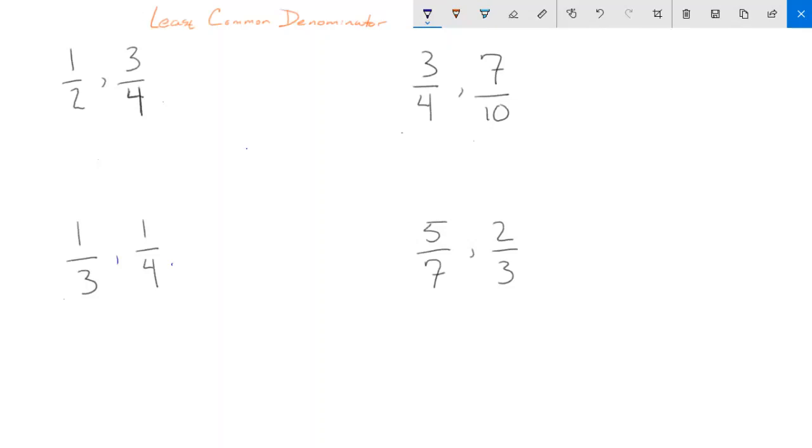Today we're going to be talking about finding the least common denominator between two fractions. What that means is when we have two fractions, they both have a denominator, right? Just as you can see here. And if they're not the same, we want to know what is a denominator that both of these fractions could have if I have to convert them into some level of equivalent fractions, whether it's to add, subtract, or even